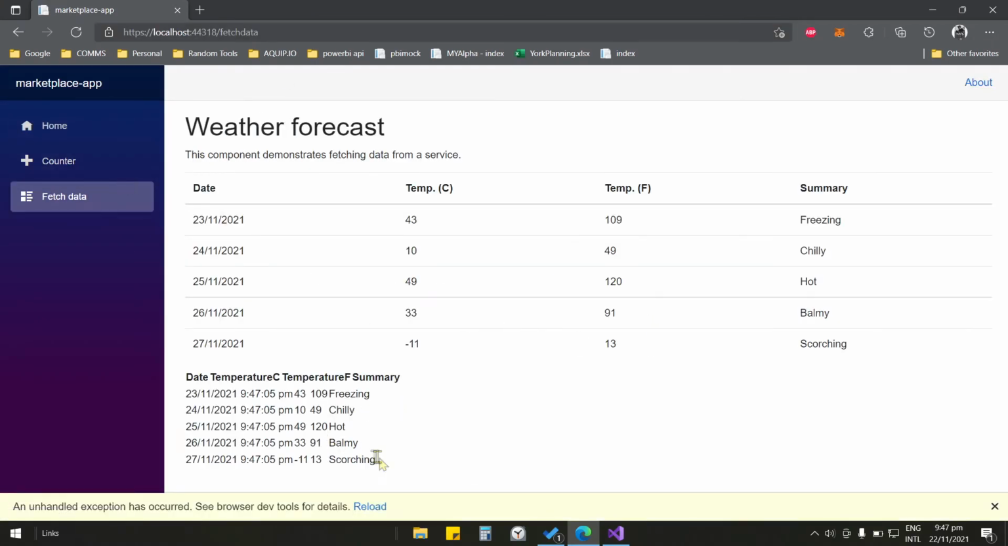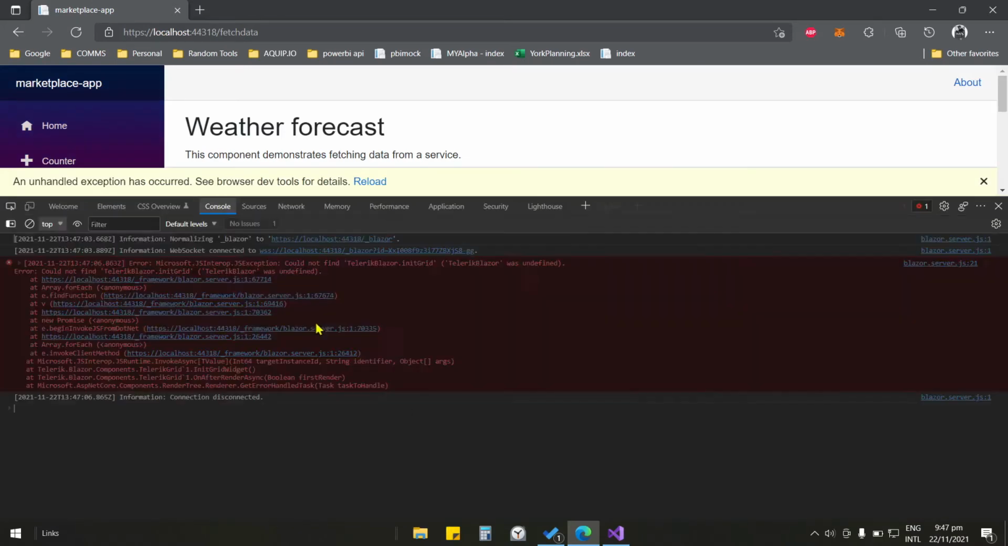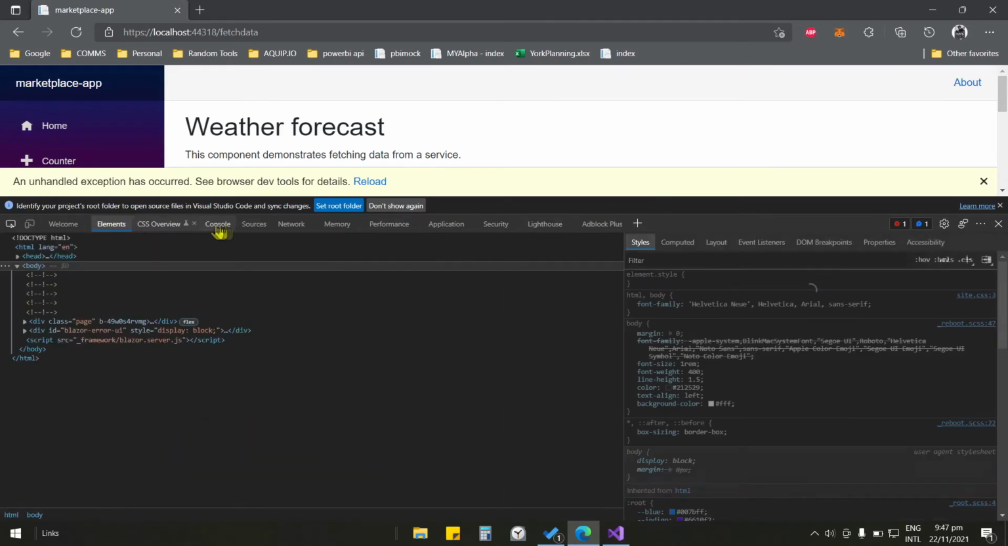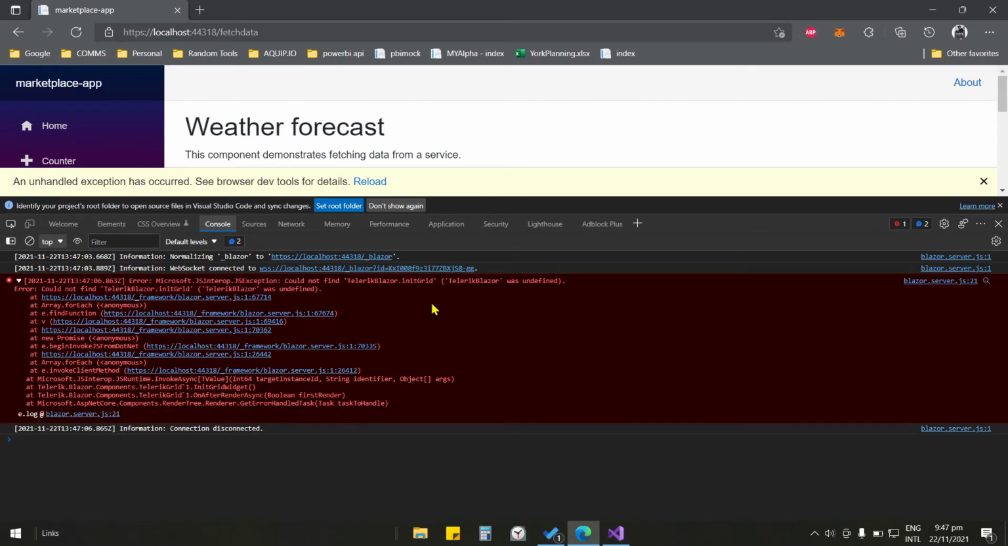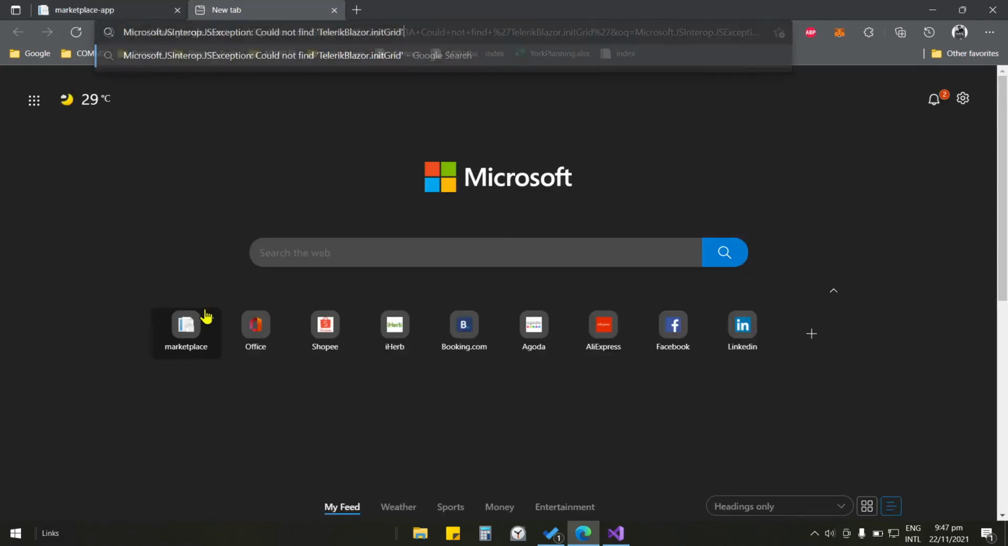There you go, we have it here, but notice that we are getting an error here. So for this one, where is that? So for this one, it says that Microsoft and JS interrupt exception, could not find Telerik in init grid. So we can see the documentation for that one if we just search for that error,